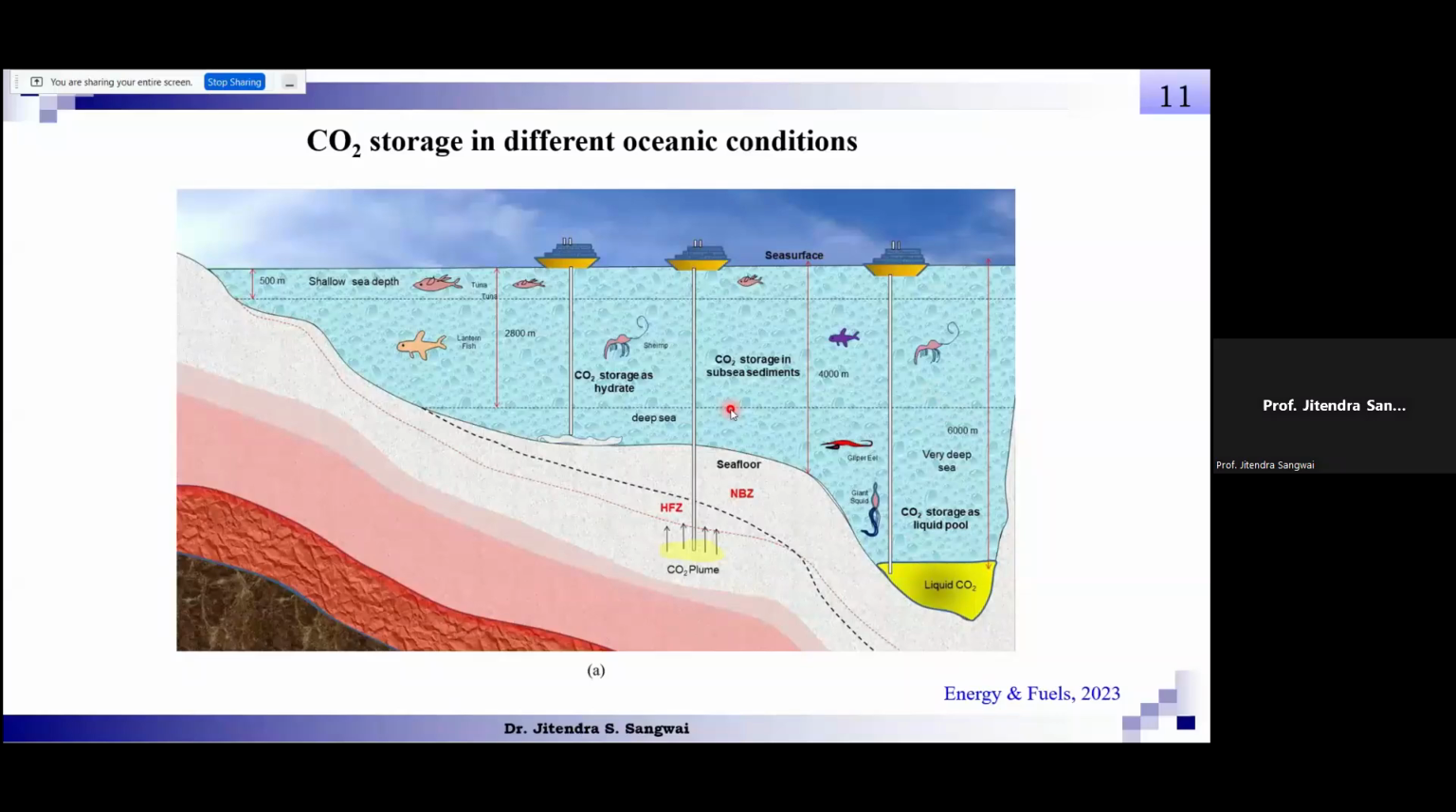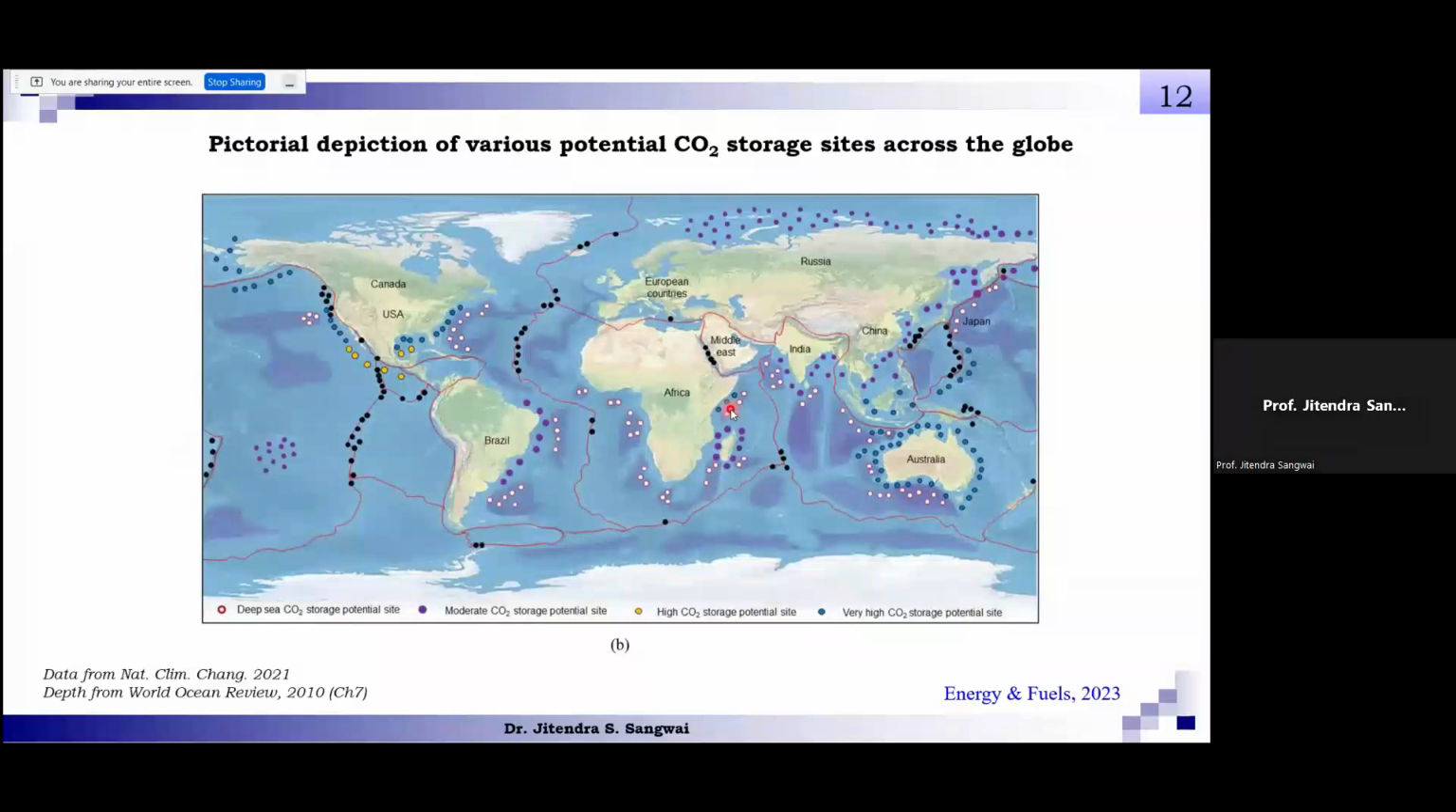So it's not a question of how do I do that, right? The technologies are available, pipelines are being laid, etc. Existing pipelines in offshore conditions can be utilized to sequester carbon dioxide into the ocean. Now, we have identified various locations, and this has been published in Energy and Fuels in 2023. Based on the bathymetry data, we can look at various potential sites where CO2 sequestration can be done,